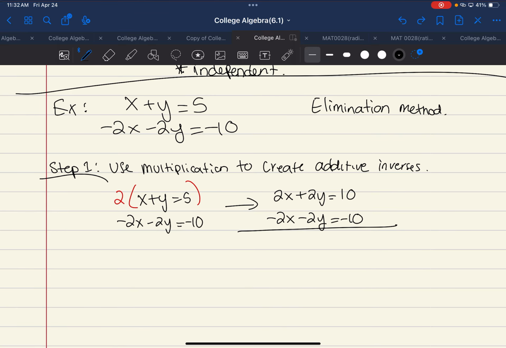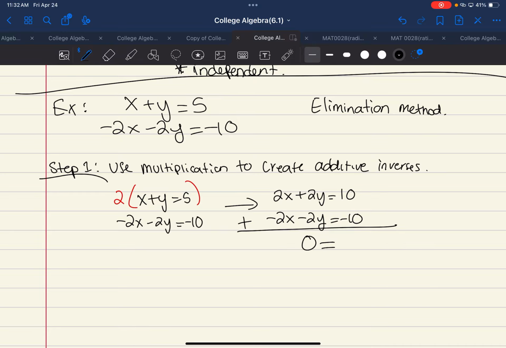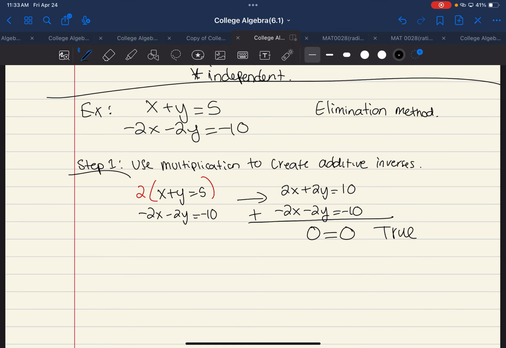But anyways, let's keep going and add these together. The 2x and the negative 2x will cancel. The 2y and the negative 2y will cancel. So that'll leave me 0. And then the 10 and the negative 10 will cancel and leave me 0. And this is true. 0 is equal to 0, so that's a true statement. So if everything cancels and it's true, then it means that there are infinitely many points as the solution. And more specifically though, the solution would be all the points that lie on